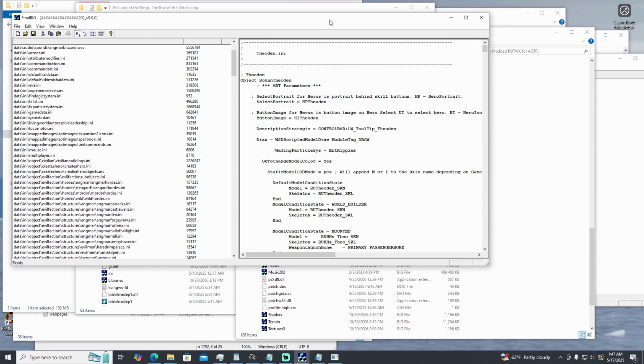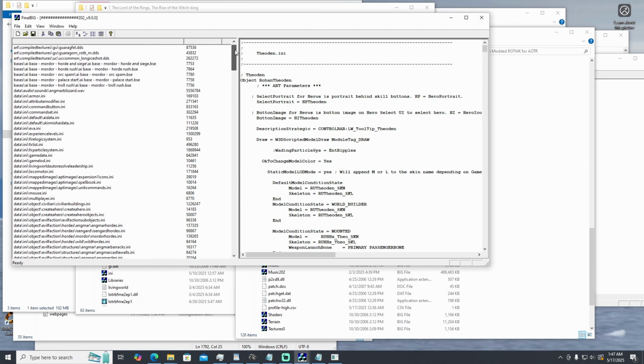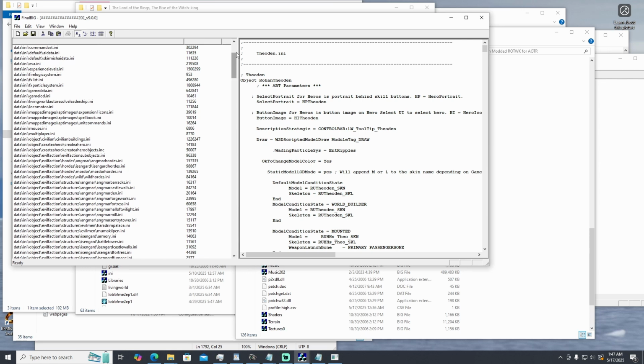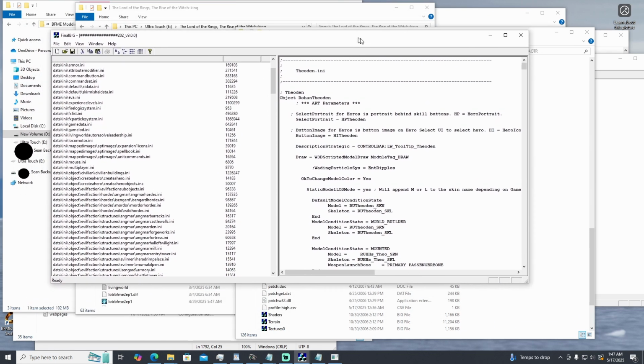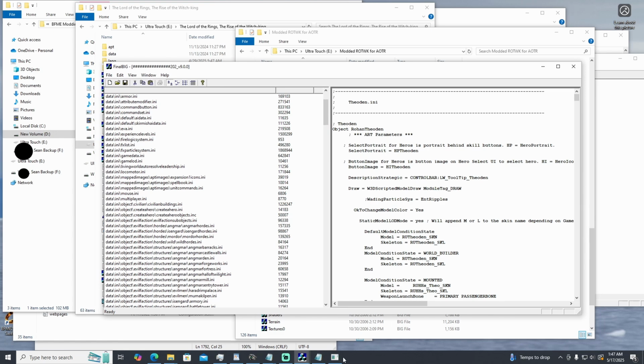Now, for the vanilla games, it's the same idea, but it's not as straightforward. And I'm going to show you exactly why. Alright, so if you were to be playing version 9.0 of ROTWK or earlier, you would think that you would go to the patch file, as we've discussed in previous episodes. But check this out. Data INI, you should be finding living world buildings right here, but it's not here. You would actually have to go over to, let's see,